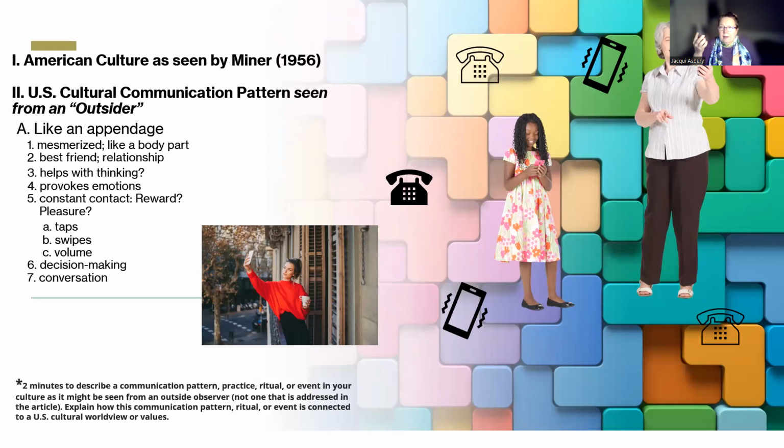This is a rectangular device that you often see in people's hands in the United States. It's like an appendage. Sometimes people will have something that they hold on to or that's attached to them, but this is a little square box. It's not too heavy, but it mesmerizes people. You see them staring at it. It's like they love it and care about it. What is this thing that captivates the American people?